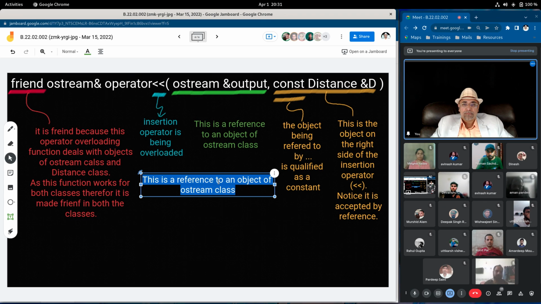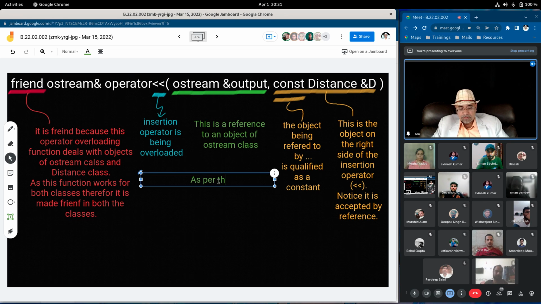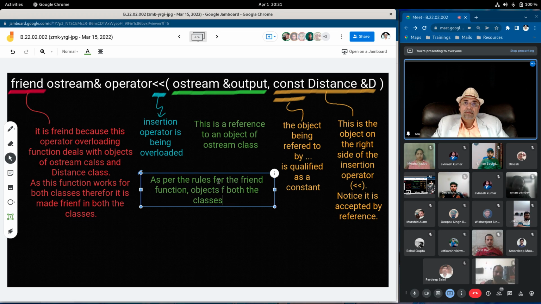Now, as per the rules for the friend function, objects of both the classes involved in a friend function should go as arguments.